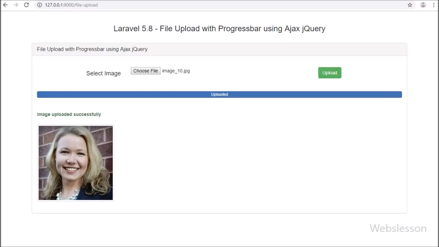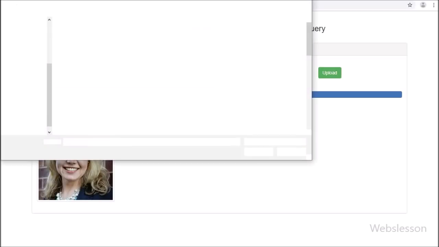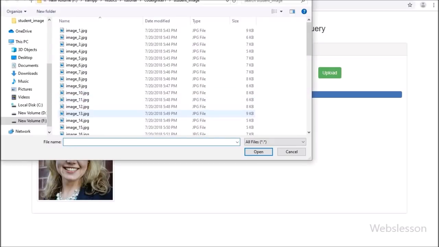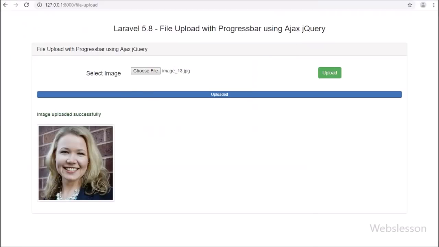So this way we can implement upload image with progress bar in a Laravel 5.8 application by using Ajax, jQuery and